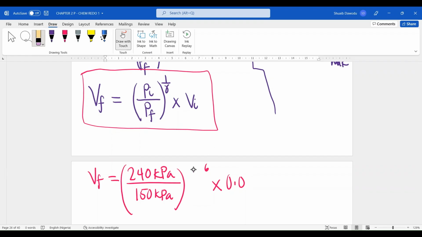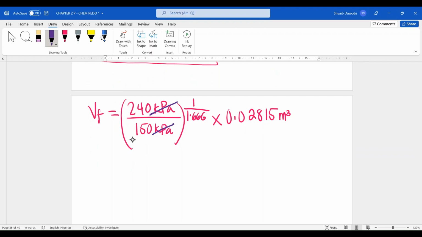I actually just saw a mistake. It's not raised to the power of gamma, it's raised to the power of 1 over gamma. So I apologize. Raised to the power of 1 divided by 1.666. That's how it's supposed to be, times V initial, which is 0.02815 meter cube. So cancel out the kilopascal. So you end up with 240 divided by 150, which is just simply 1.6, and then 1.6 raised to the power of 1 over 1.666. Anyways, that's it. Times